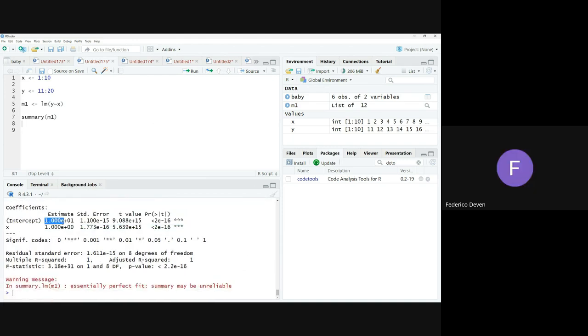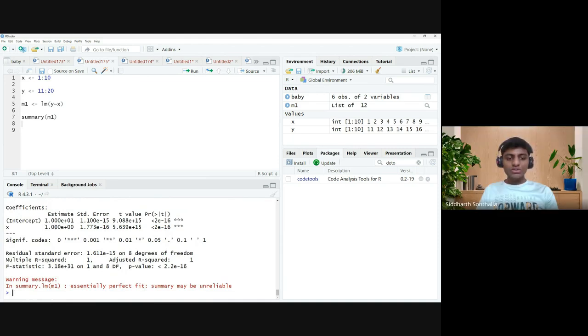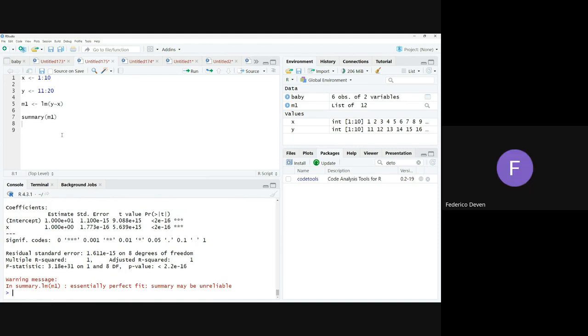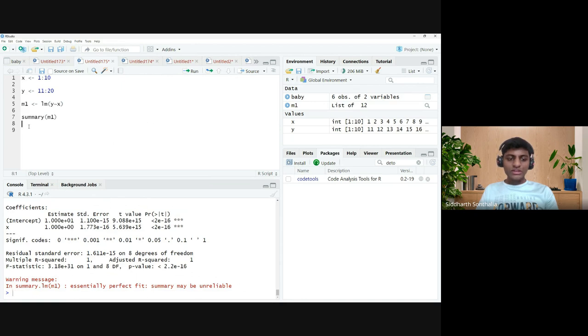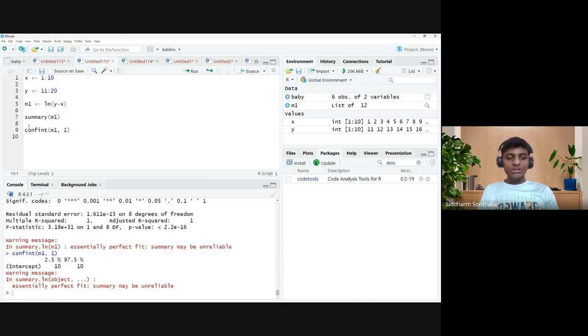That's the parameter, the coefficient, basically. Exactly, the coefficient. So confint of M1 would give me the confidence interval of this,